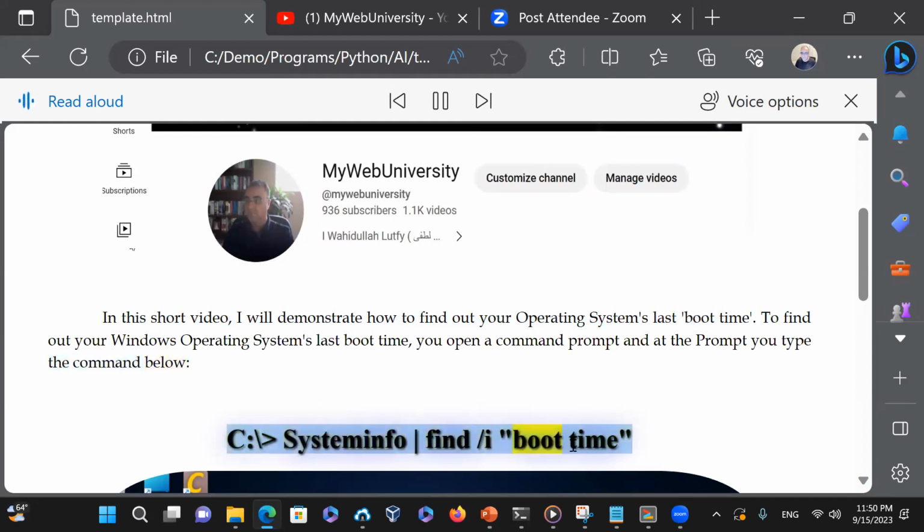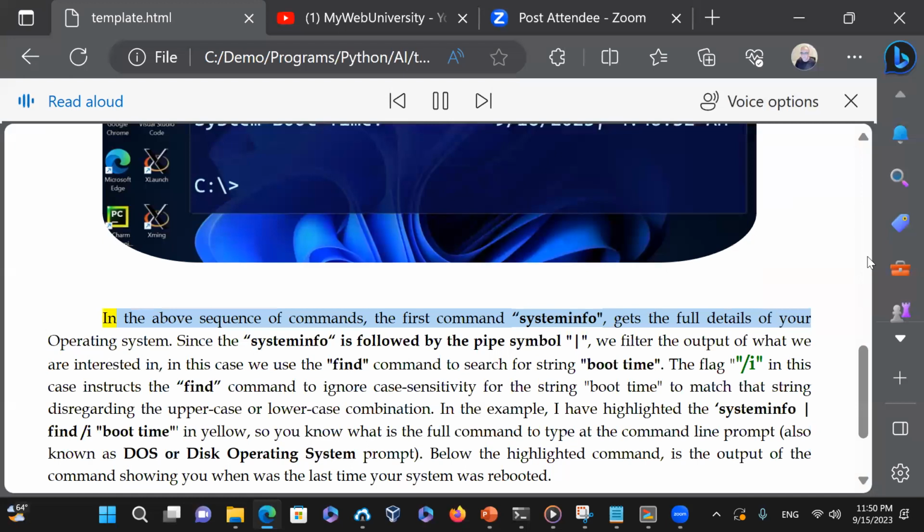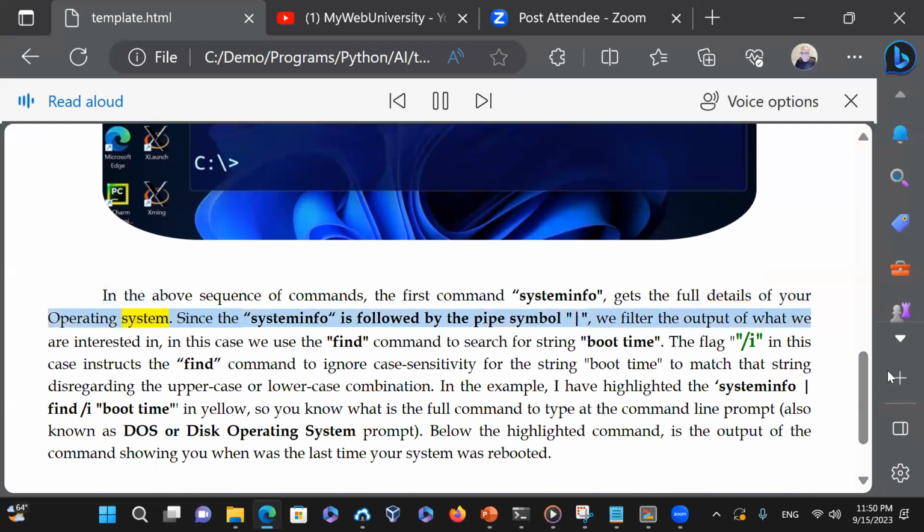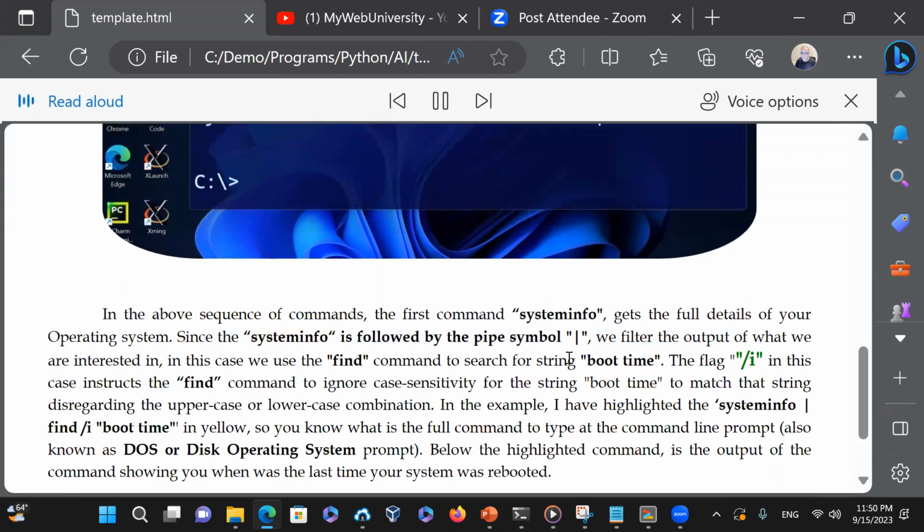/Systeminfo find/I boot time. In the above sequence I will demonstrate how to find out your operating system's last boot time. To find. Thanks for watching our YouTube channel